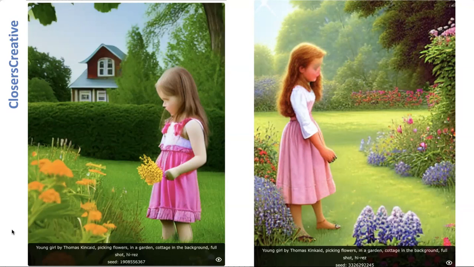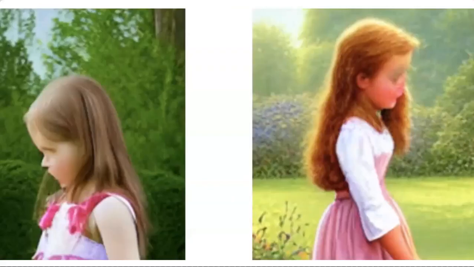So I got these results and I remember thinking, amazing. But I did notice, that is about the most well manicured lawn for being up to her mid calves. So that was kind of weird. And then I'm looking at this little girl and I'm like, what is the frostbite fingers and toes all about? And then when you look really close, their faces are just not quite there, right? But still, it's very interesting.